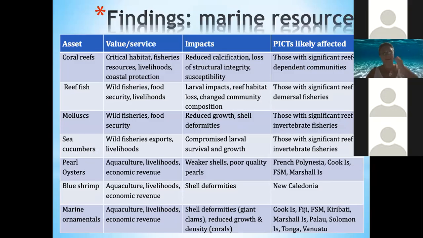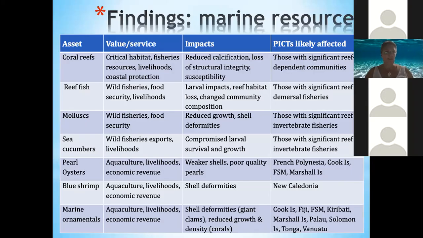So some of the key findings in terms of the marine resources. Having assessed all of these elements, some key resources came up as being particularly vulnerable. We did use a series of indicators. You would have seen that lovely flowchart that Dr. Cooley showed us earlier. We had a lot of different indicators and a lot of different criteria, and ultimately we ended up with semi-quantitative results that told us which resources were most vulnerable to ocean acidification and exposure to that hazard that was projected to 2060.